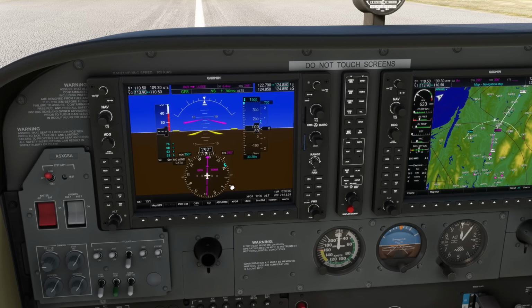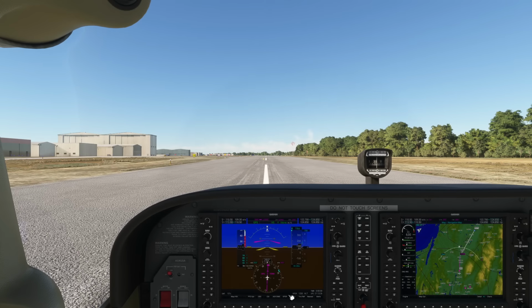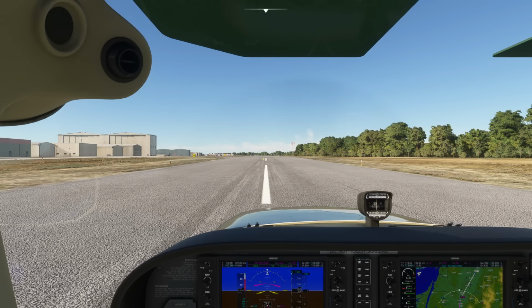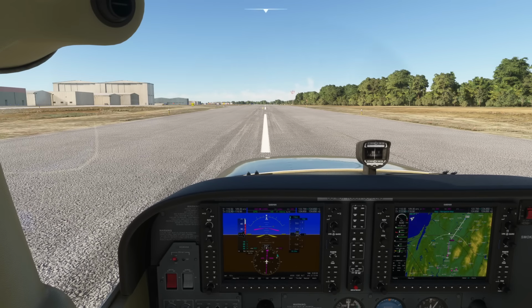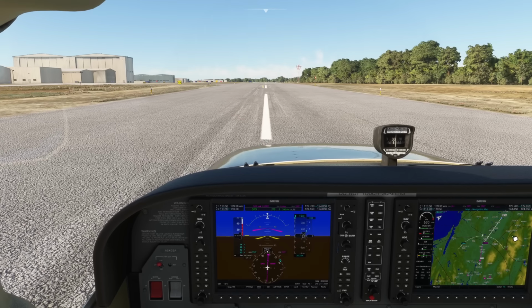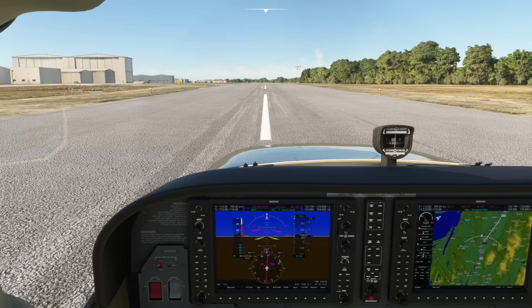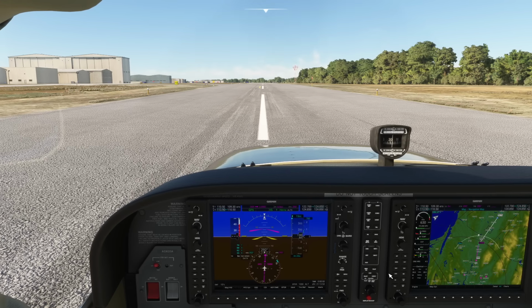So, should we go try that out? I'm going to press F to center the view up. I'm actually going to press space as well, and then hold the right mouse button down and drag down with the mouse, and that lets us see down, just so we get a better vantage point of what's going on. I'll zoom us in a little bit just so we see the display here. So come off the parking brake